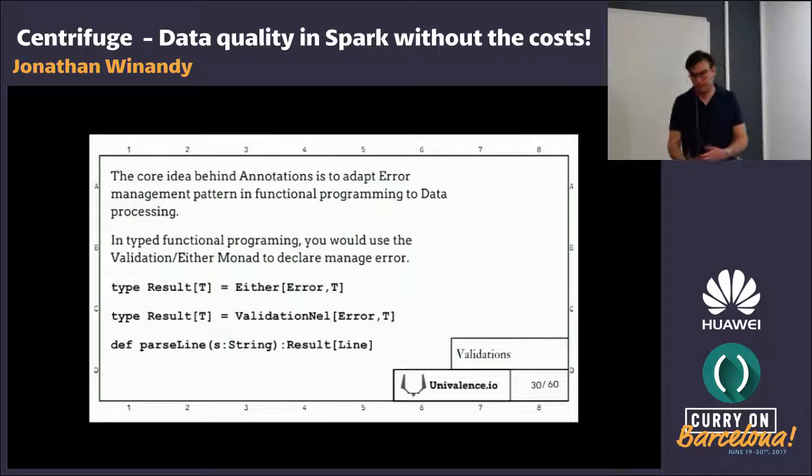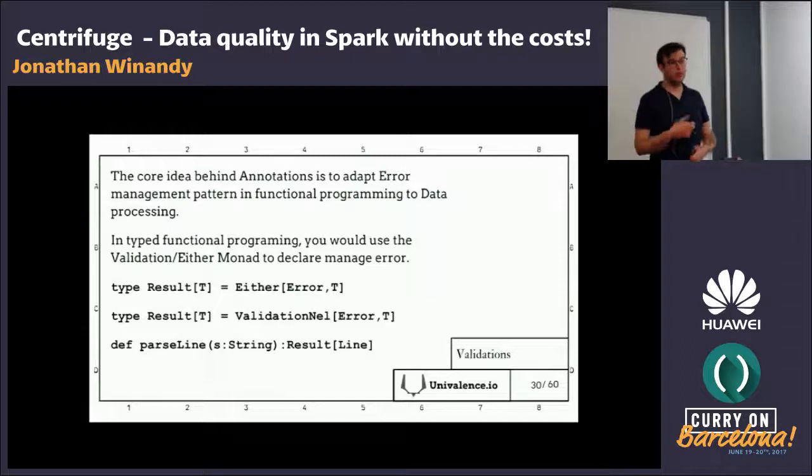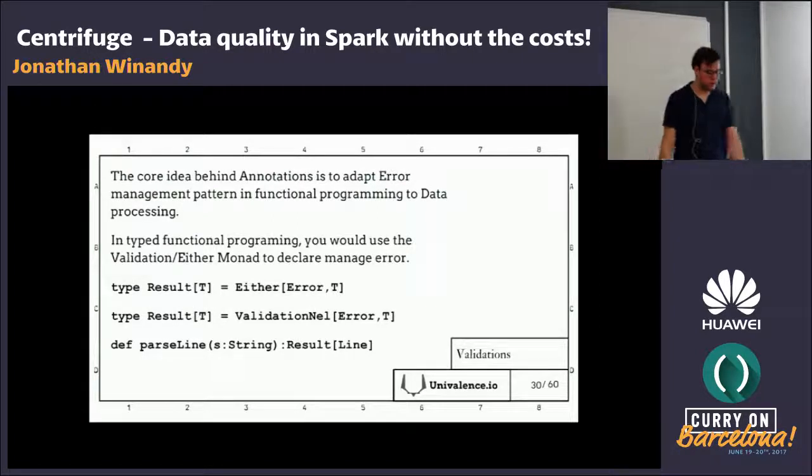So when you want to pass a row of data and you want to gather the errors and not use exceptions, for example on the JVM, you will use the result type, and it defines monadic operations as well as applicative operations.